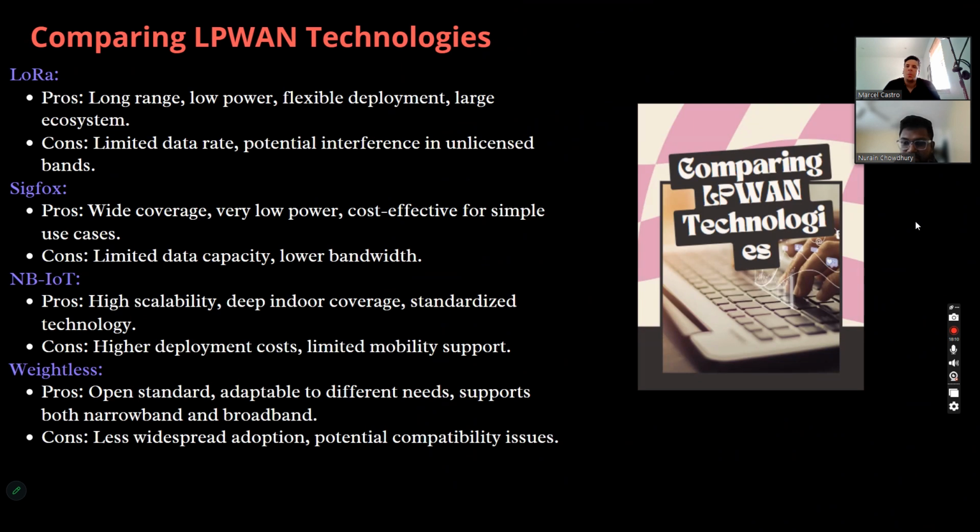Comparing LPWAN technologies. So let's compare some of the key LPWAN technologies. For example, LoRa offers long range, low power, and flexible deployment, but has limited data rates and potential interference in unlicensed bands. Sigfox provides wide coverage and is cost effective for simple use cases, but has a limited data